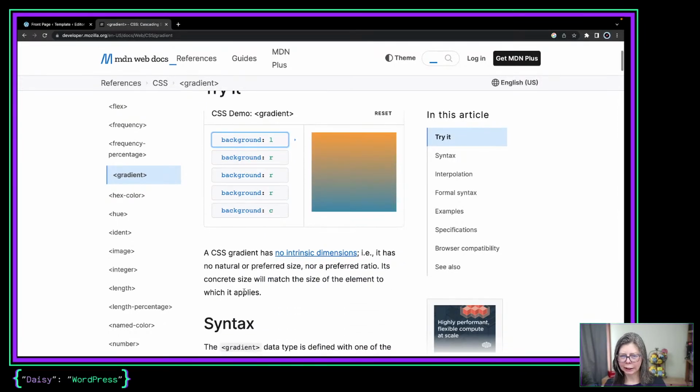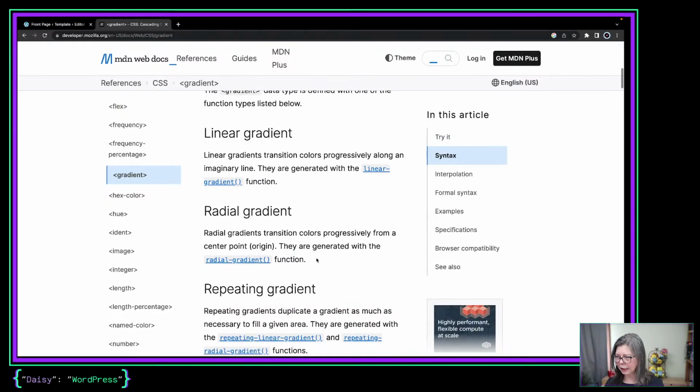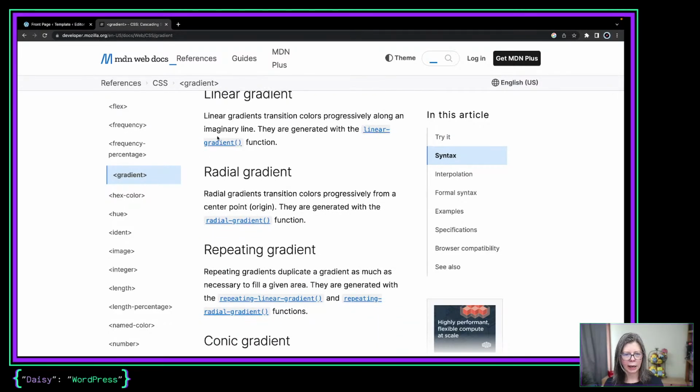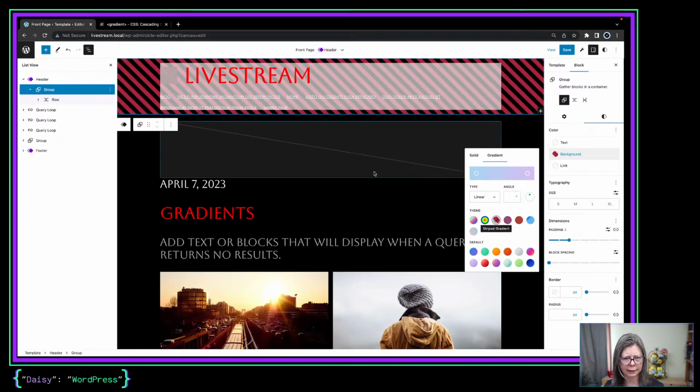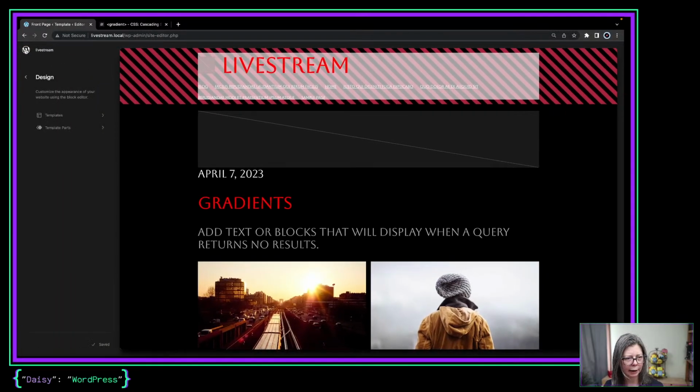And what we're actually going to be doing with these is applying a function that our browser understands. It can be a number of these different functions, and they each do something slightly different, but we're applying this to either the background image in CSS or directly to the background. We don't have a way to access just the background image from WordPress, but we can, through the gradient, access backgrounds. So let's go ahead and save this in WordPress and then go back out to our site,